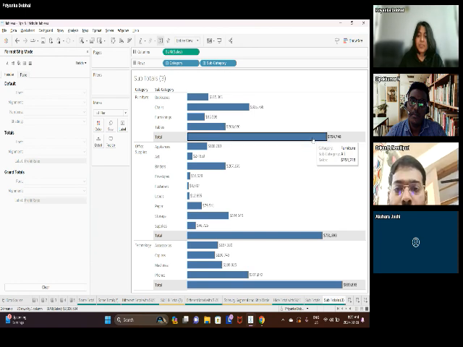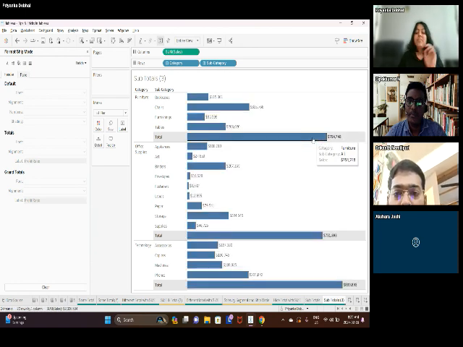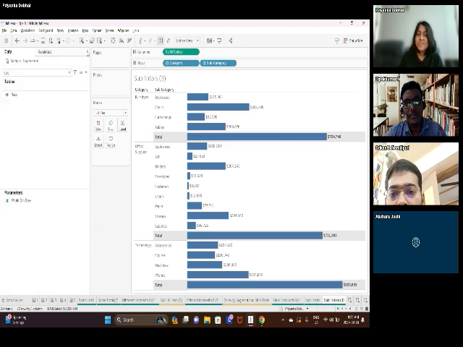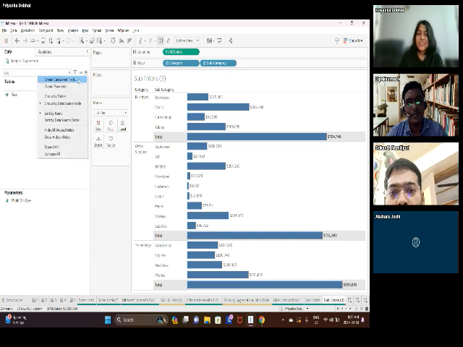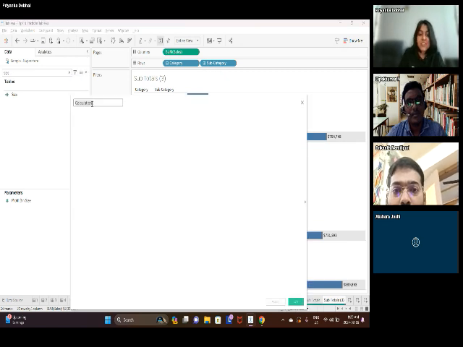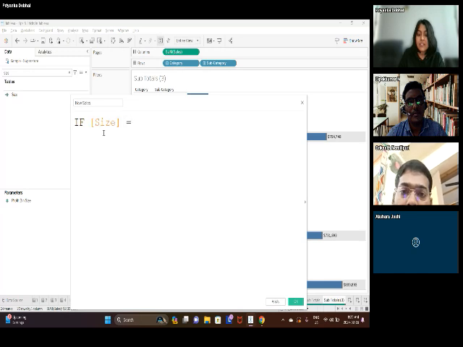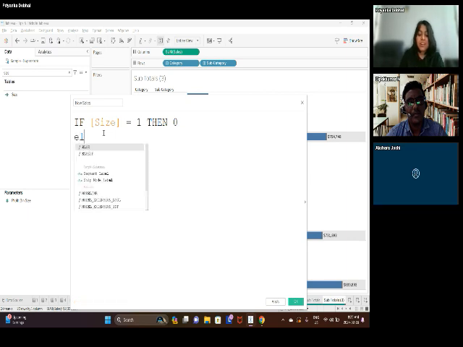So you see the total here is actually taking up most of the space. And same exact trick that we have done in the past. We will do something like, let's say, new sales, and exactly the same logic. If the size is 1, which is basically a total, let's call it 0. So I don't want to see the size of the total, so I'll make that 0. And if it's not the total, then I want to see the sum of sales.